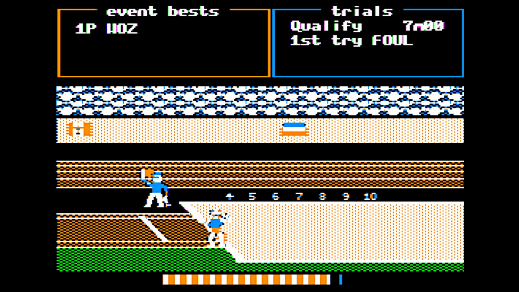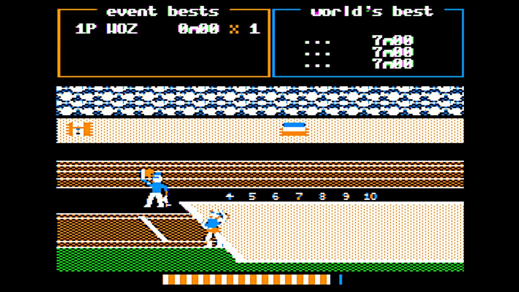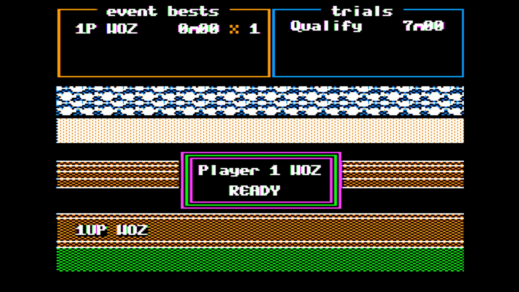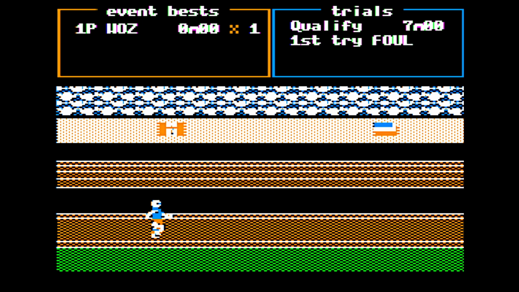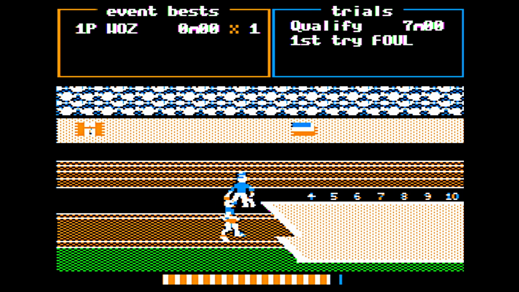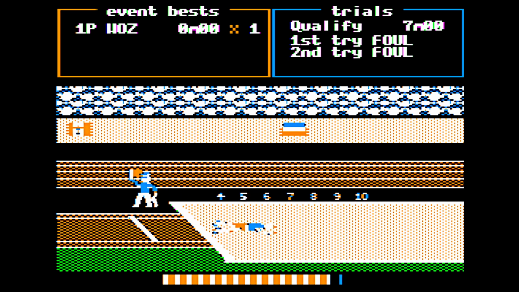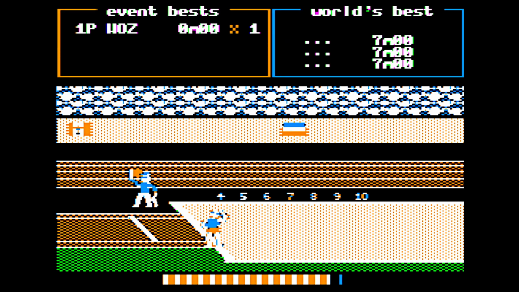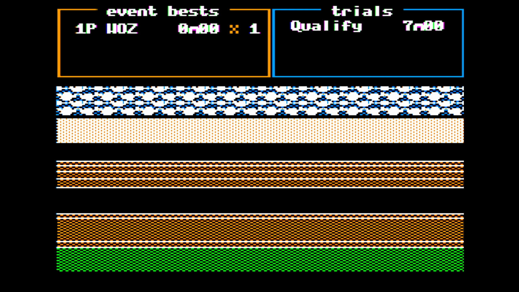So there is that. Beyond this, there's the javelin throw, as mentioned. The 110-meter hurdles, probably hard to do without a jump. The hammer throw, again, also probably hard to do without a jump. And the high jump. And I'm going to guess that's probably hard to do without a jump. After that, there's the thrill of victory, according to the manual. I don't think we're going to see that today. We're just fouling out here. Yeah, had I hit Control O, I could have reset my handicap.